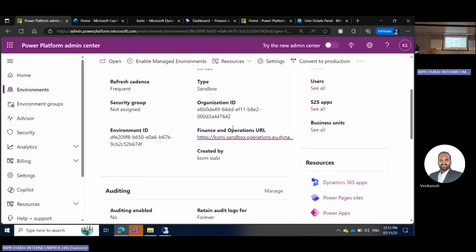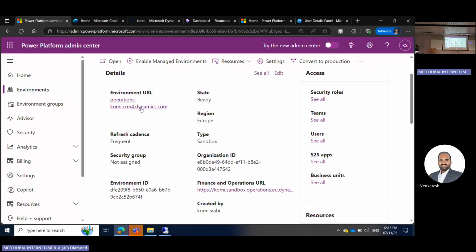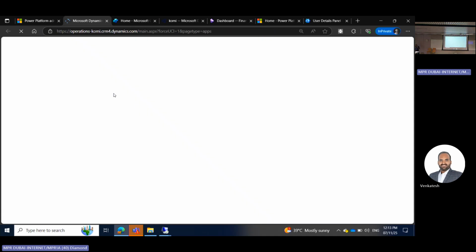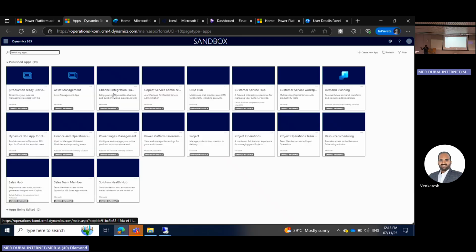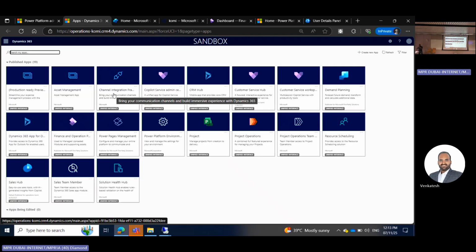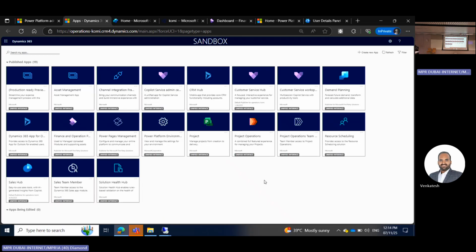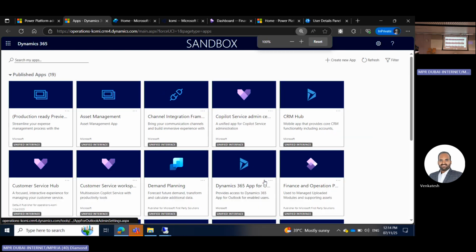Good. Now, once this is done, the next thing is to enable the virtual entity, which is done on the Dataverse environment. This is a dual write thing, right? Exactly. Now, I would say it's not really dual write, and it is. Dual write allows you to move data from the ERP to the CRM. The virtual entity is used mainly for Copilot Studio and some other things, maybe like Power Platform and the rest of them. Now, to enable the virtual entity, you come to the Dataverse environment, and